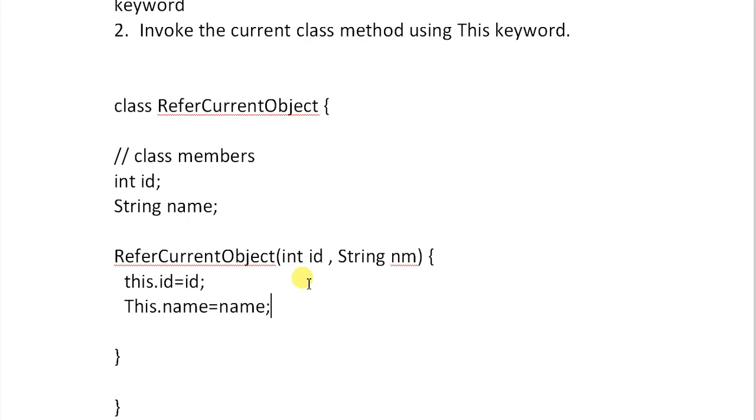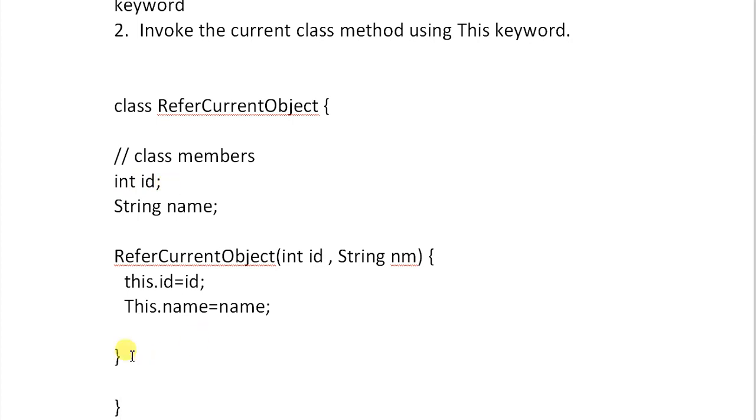Otherwise during compilation it will take null data in ID as well as in name if we will not use this, because the parameter variable is also similar to the class members over here.